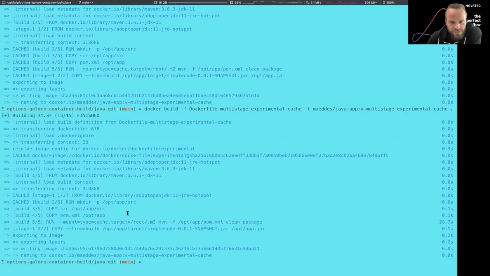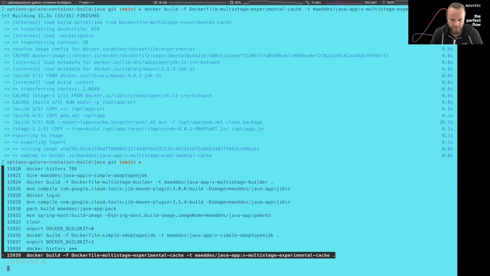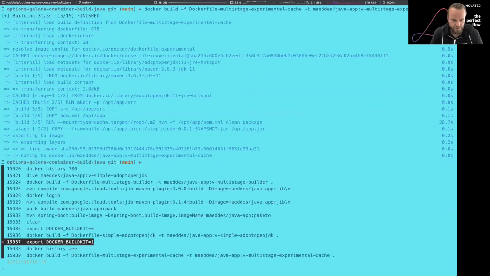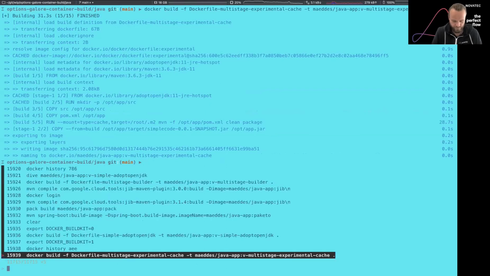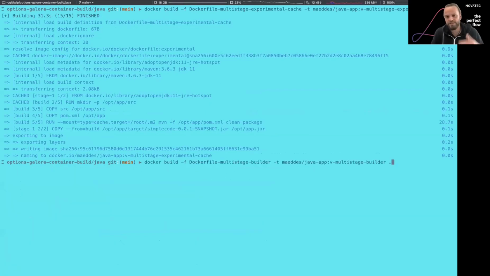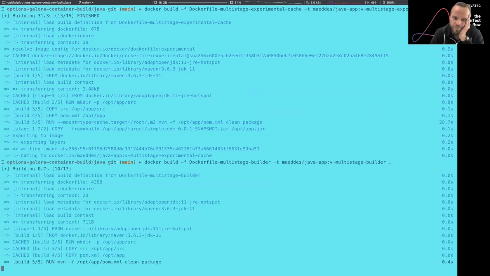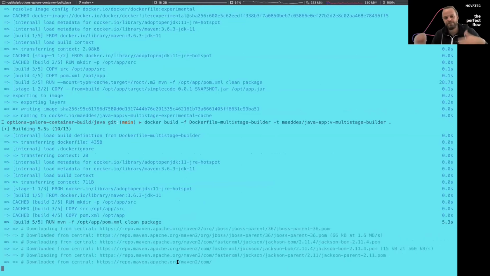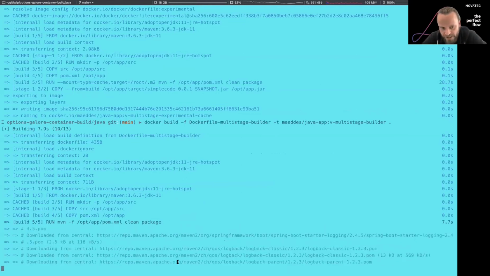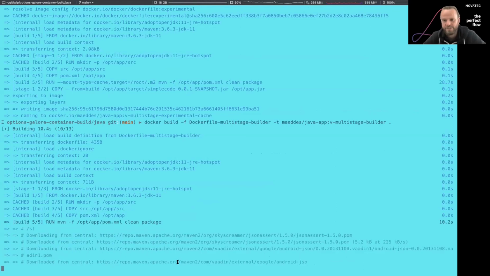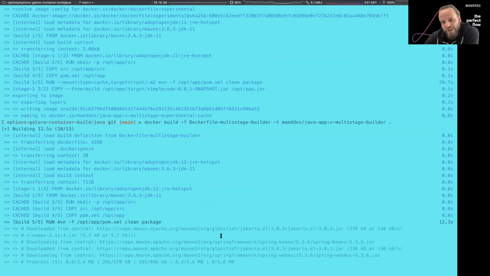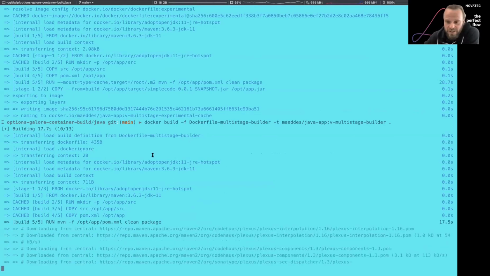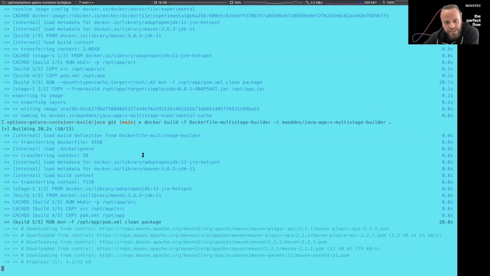Okay, so I hope you were able to see that, as opposed to if I don't do it that way and I'm using the standard multi-stage build as it used to be, I can quickly kick this off. And if it runs the Maven build now, it will have to download all the libraries over and over again because it doesn't know there is a cache. So that's something you might want to do in a pipeline to have it very consistent. For local development, it might not make sense all the time.